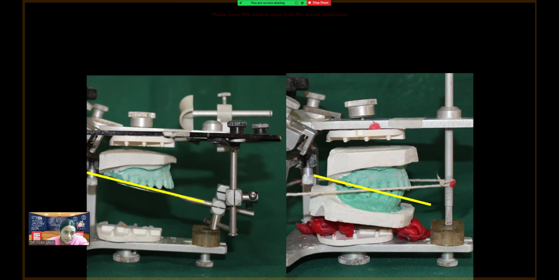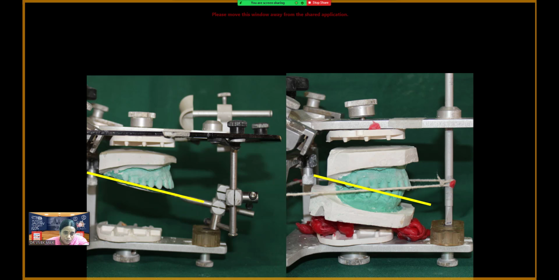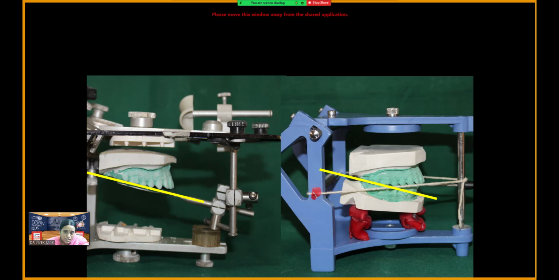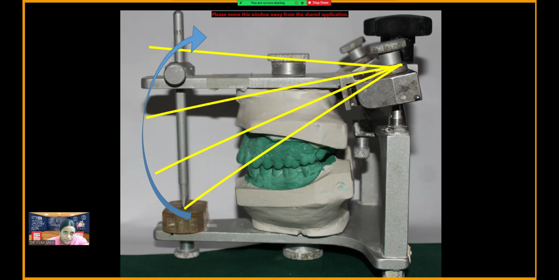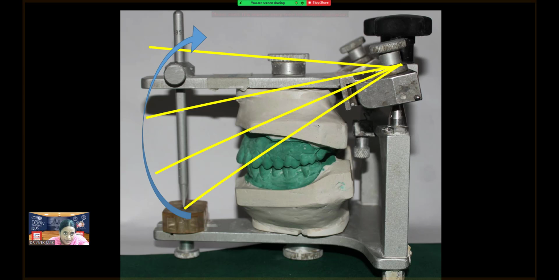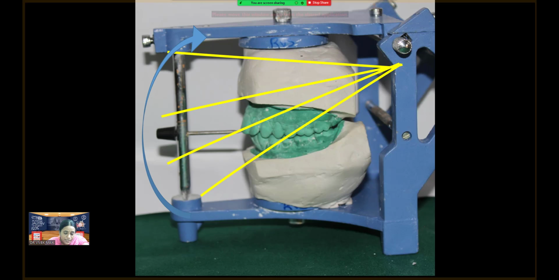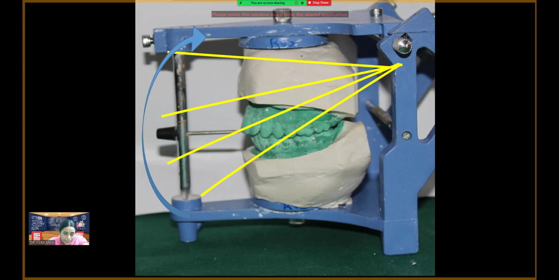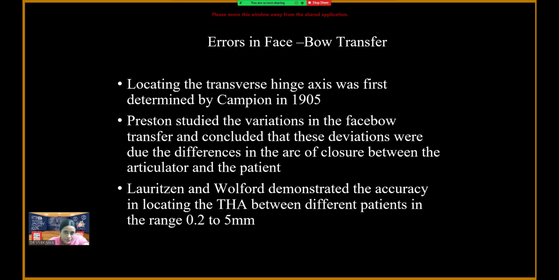This is also the position of the occlusal plane in relation to a mean value articulator and a semi-adjustable articulator. We have the semi-adjustable articulator where the occlusal plane is correlated with the phase 4. Here we see the differences between the occlusal plane of a semi-adjustable articulator and a mean value articulator. These are the different positions in relation to the condyle of the patient which is transferred to the articulator, in a semi-adjustable articulator, and this is the condyle in different positions in relation to the articulator.